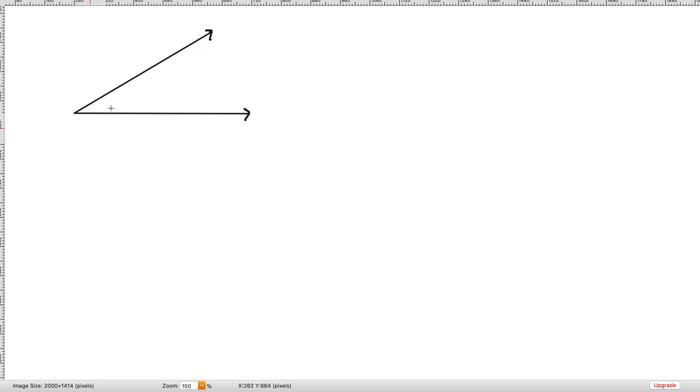is an angle, and your task is going to be to construct a copy of this angle and then prove that your construction is an exact copy of this angle. So you want to prove that the angle that you construct is congruent to this angle, and the way that you do this is you start off by opening up your compass to any length as long as it's gonna